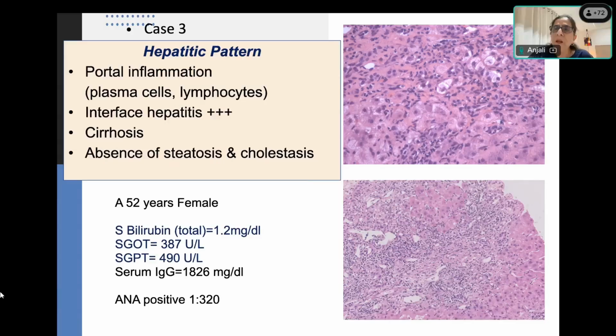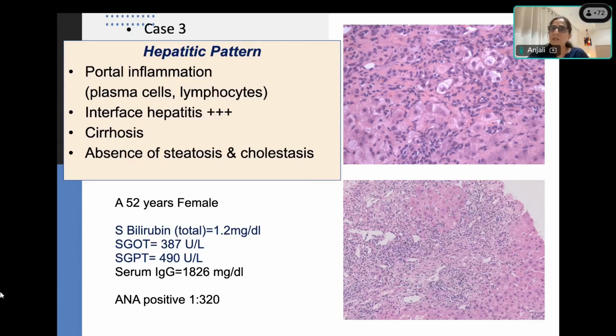Excellent, Meghaparna. I think your concepts are very clear. Thank you. I would like to add that whatever she said is absolutely right. But before going ahead, I would like to say that in patients with AIH, the liver biopsy looks like any other chronic hepatitis.